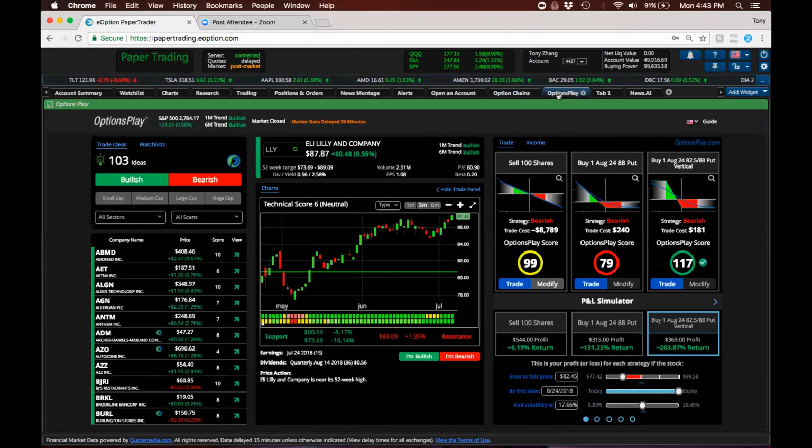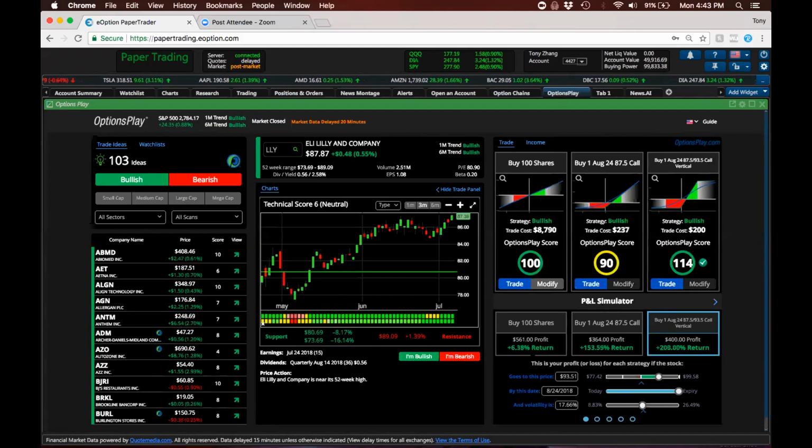This not only provides you with the starting point, but has the P&L simulator that allows you to quickly put in any scenario and actually, without having to understand how to calculate delta, vega, theta, immediately know what your expected profit or loss is. So actually, let's use Eli Lilly as an example, because this stock has earnings in 15 days. This is in a relatively strong sector, healthcare sector, that we said was a pretty strong sector going into Q1 earnings.